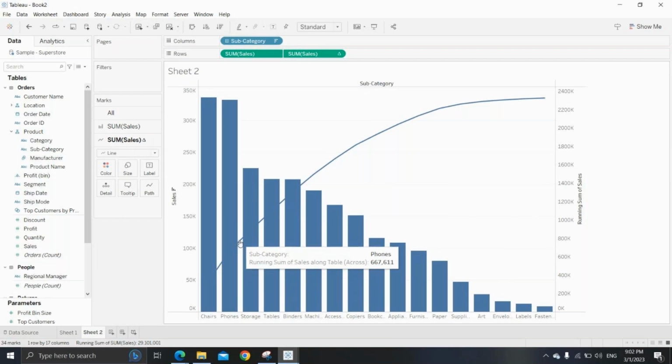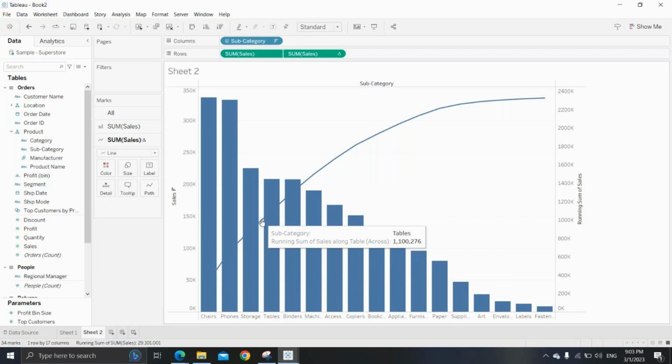Combining these two, 6,67,000. And if you go with the three, what is the total sales? 11 lakh thousand. Three is covering 11 lakh. Top 4 is covering 13 lakh. I just want to show this line, how the top items are contributing, what is the percentage of contribution by the number of